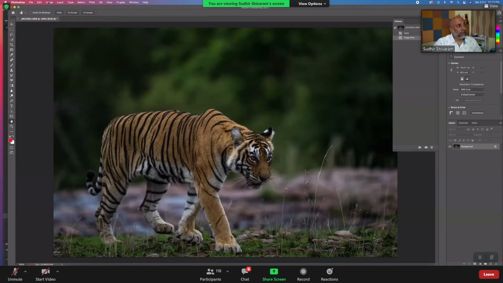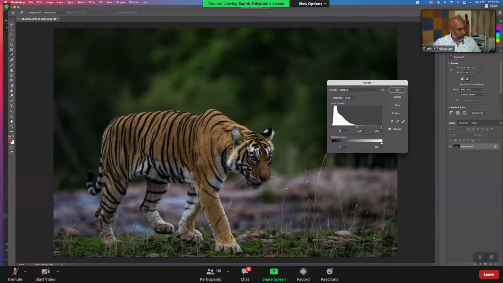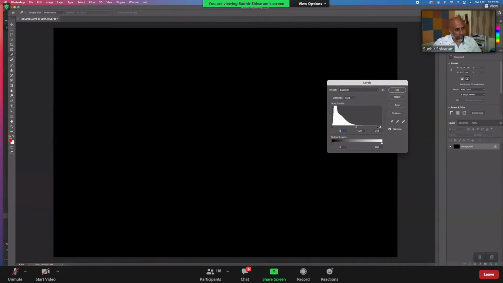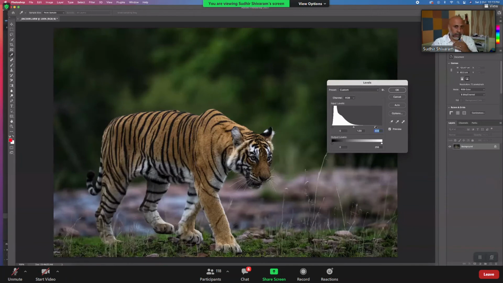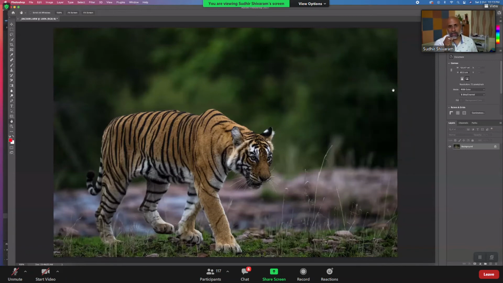The next step after resizing is I go into levels. For level adjustment, again, there are techniques to get the correct exposure. Where you see these pixels start to appear, that means those areas are overexposed, so get it back. I use the Alt key for that. This is again to adjust the highlights or the brightness. On the left side, things are already good, so I will not touch it. So this is basically a very high-level adjustment of the levels.